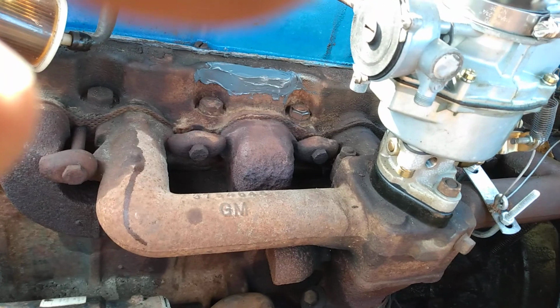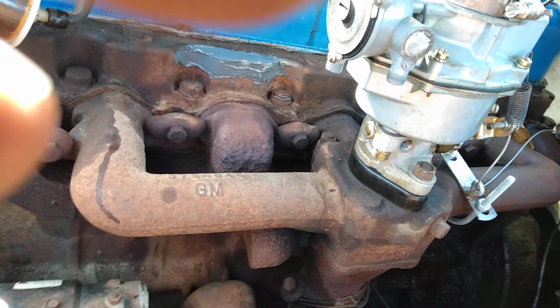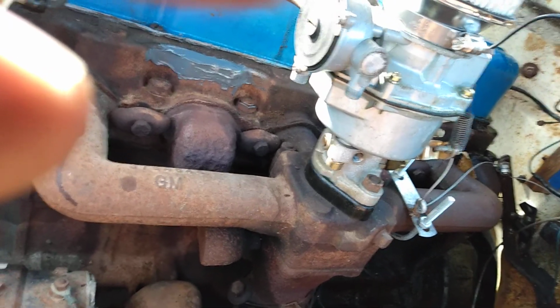I'm looking at that right. I don't think I got the whole crack, but you know what? That's okay, because I'll find out. Because if I didn't get the whole crack, I'll go again tomorrow and do it again, because that's the way